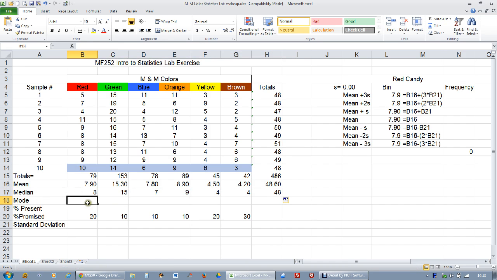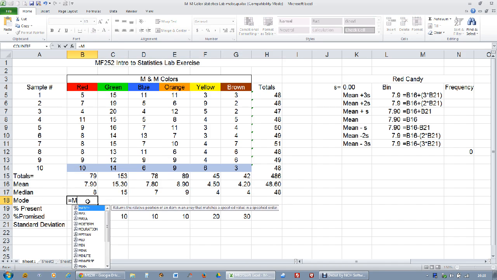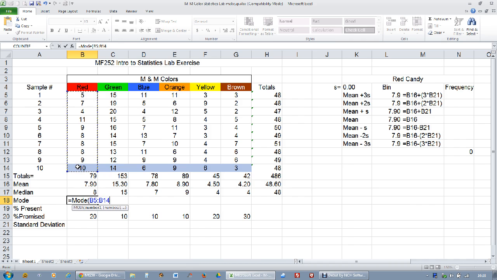Mode is the number that is used the most, and instead of going through and counting how many times the number 8 was used, we'll just do equals mode, put the range of cells in there, hit enter,